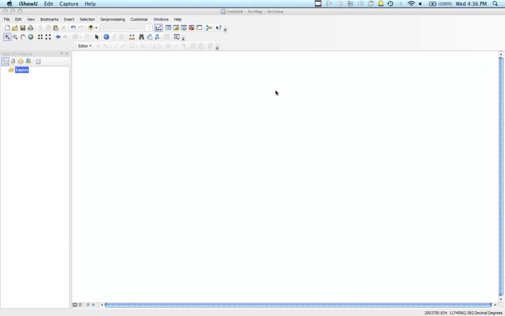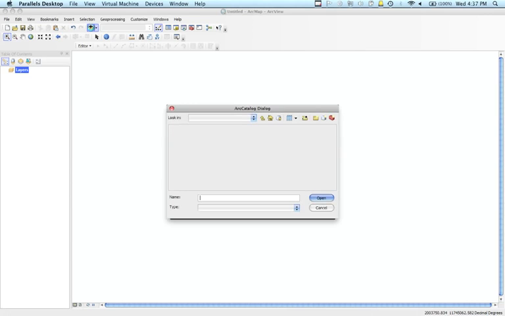So the first thing I'm going to do now is, I'm in ArcMap 10. Again, this will work for earlier versions of ARC because it's basically set up the same. Over here I have where it has my layers. This is going to be where my map's going to be made. You'll see this big plus sign up here, and that's how I add data. So the first thing I want to do is give myself some spatial location that I'm looking at. And since this is US data, I'm going to add a